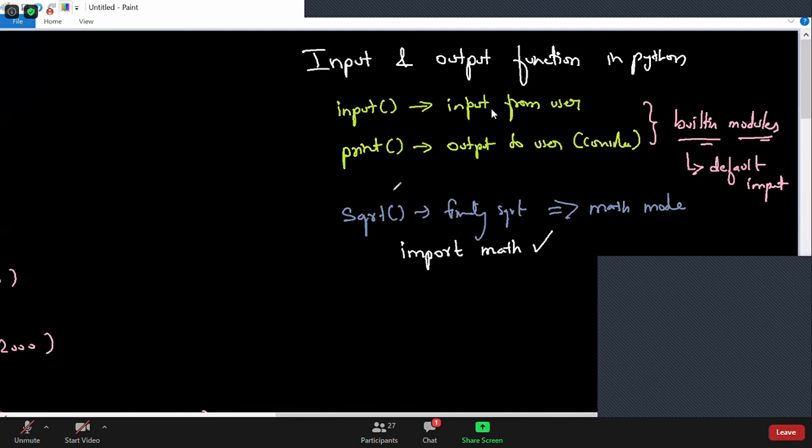Is that clear? What is meant by importing in Python? If I tell you that this function is available in such and such module, then you have to import that module. If I tell you that this function is available in the built-in module, then you don't have to import. Importing means, are you familiar with the line #include stdio in C language?